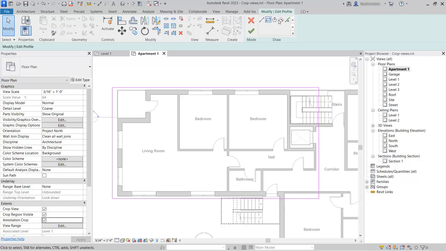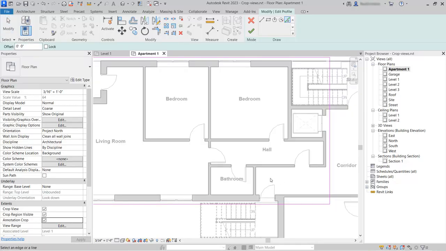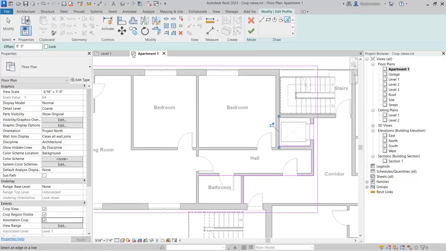And on the ribbon we have the Draw tools. So I'll click Pick Lines. And now we can pick on the outside edges of the walls around the boundary of the apartment to create new boundary lines for the crop region. And once we have all of those picked, we'll go to the Modify ribbon tab here and choose Trim Extend to Corner. And now we can just create the enclosed boundary that we need with the new lines and also the existing crop lines. And that will leave us with one line at the end here which we need to